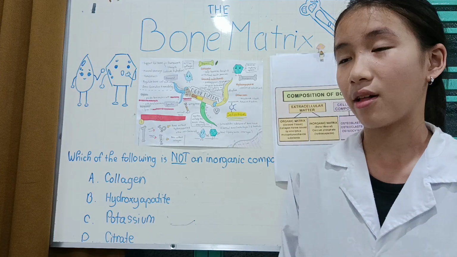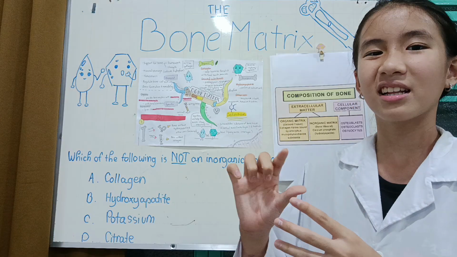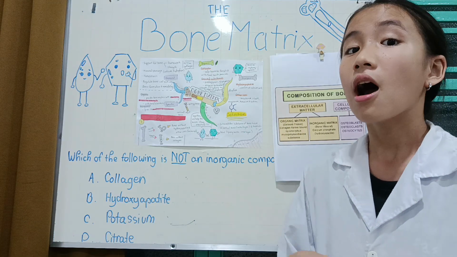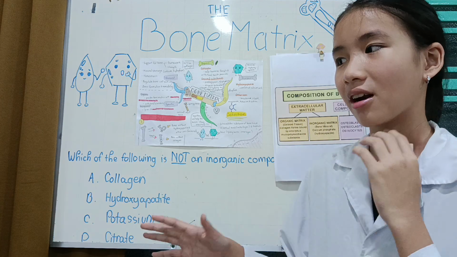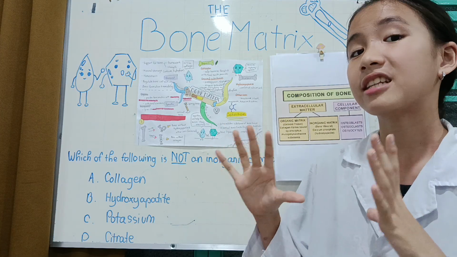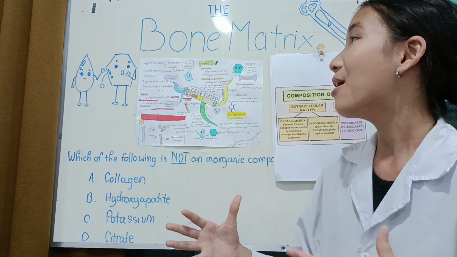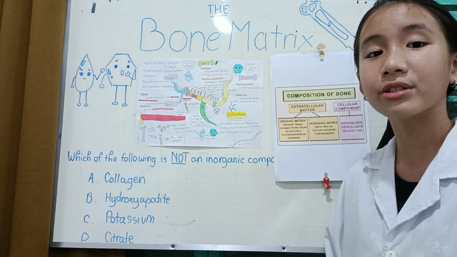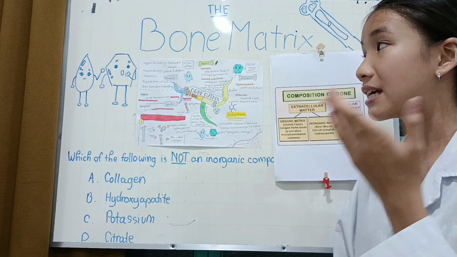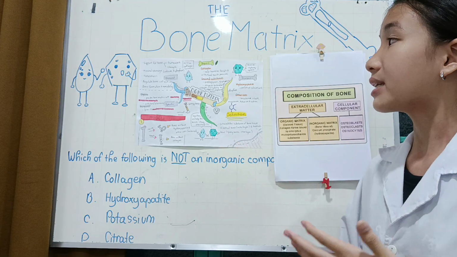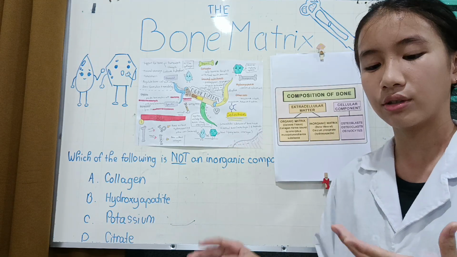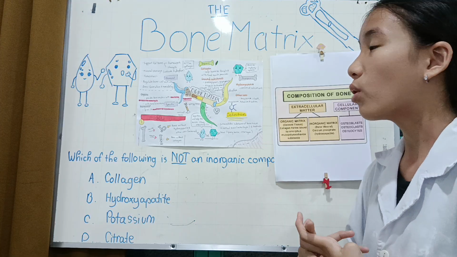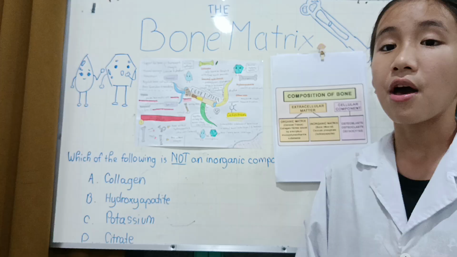Like my mom always tells me to eat that cartilage, the edible cartilage of the fat or the skin of the fish, the cartilage portion of the fish that is edible, so that I can have more collagen in my body. So that helps the bones be flexible and withstand tensile pressures. That is collagen. Next is ground substance, which includes proteoglycans and also glycoproteins, which are two substances that fill the